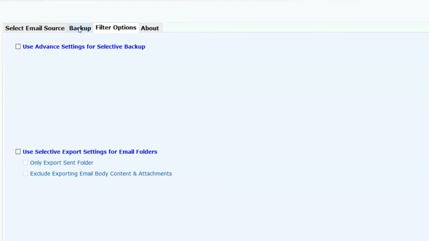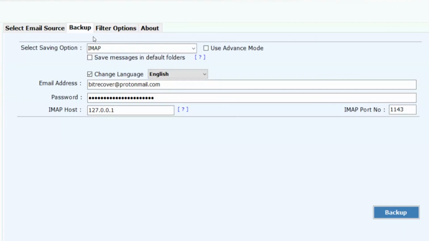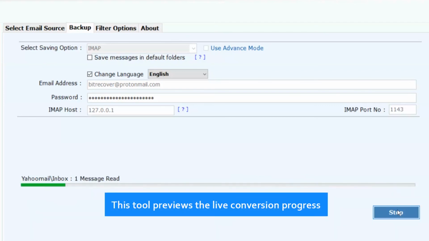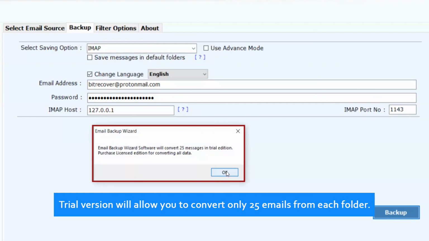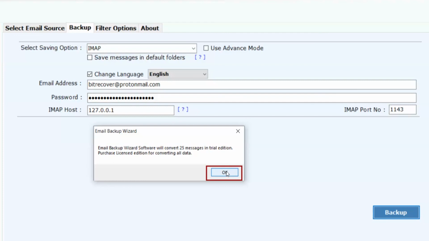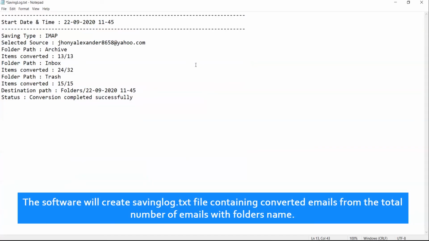Now click on Backup button and proceed further. Now, click on Backup button to process the conversion. This tool previews the live conversion progress. After a complete conversion, you will get a pop-up message "Conversion completed successfully." Click on OK button. Trial version will allow you to convert only 25 emails from each folder. Click on OK. The software will create a saving log.txt file containing converted emails from the total number of emails with